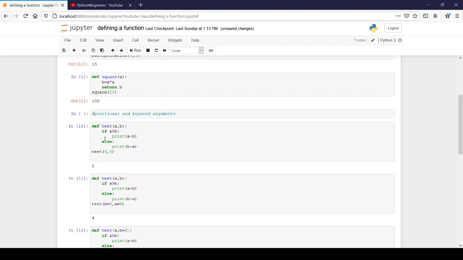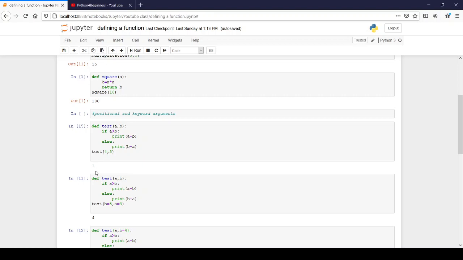I call this function test with the values 4 comma 5. So by default, a will take the value 4 and b will take the value 5. It will check a greater than b, 4 greater than 5, no. So it will go to else, print b minus a. So b minus a means 5 minus 4 equal to 1.